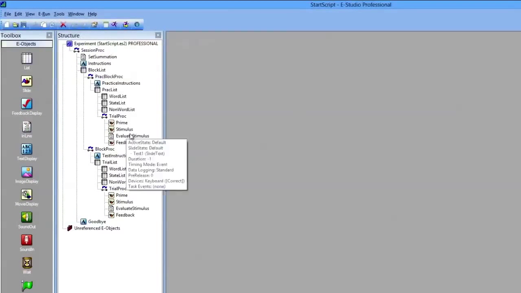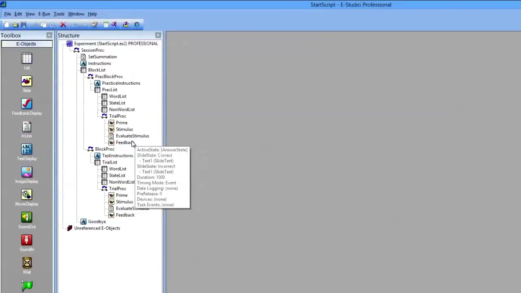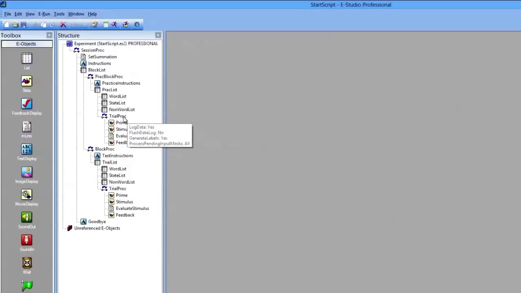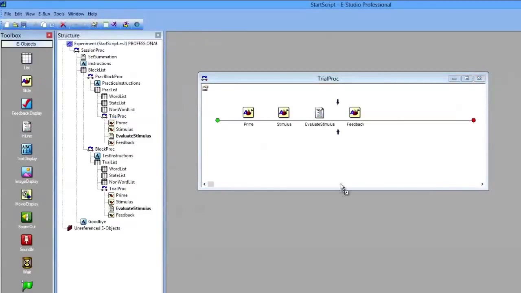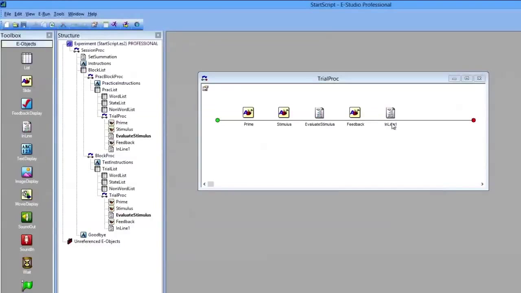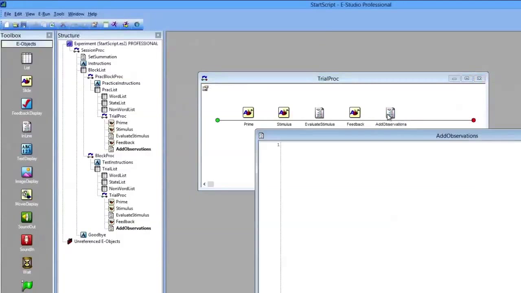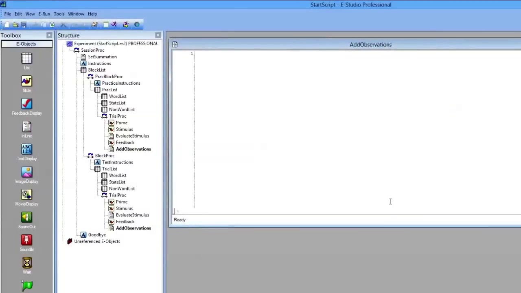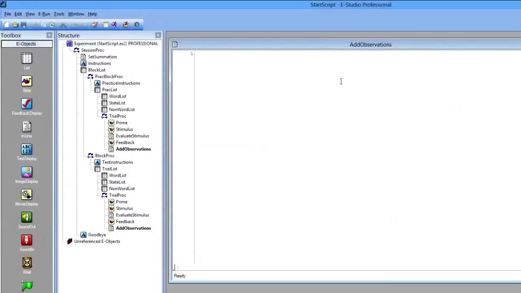So now that we've had the stimulus checked by what the participant responded, after the feedback slide, we're going to now calculate an observation. So we're going to open up the trial procedure and drop another inline object after feedback. And we're going to name this the add observations, and open that up. So with our summation object, we're collecting information, but we need to now add an observation